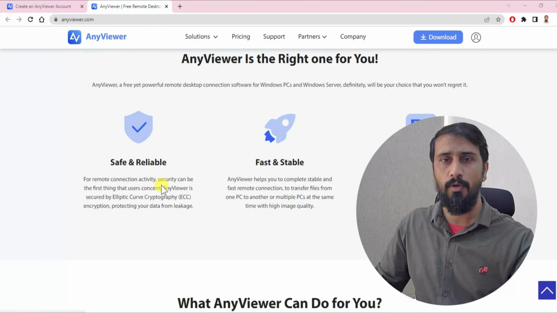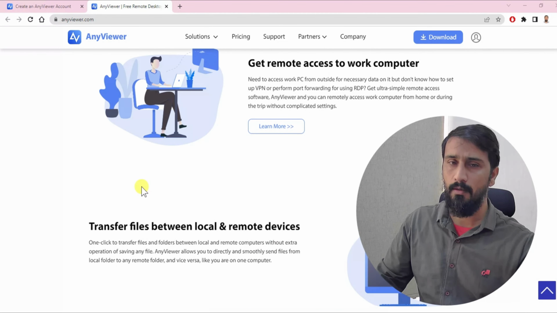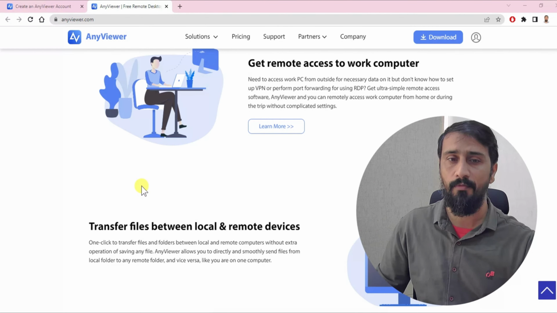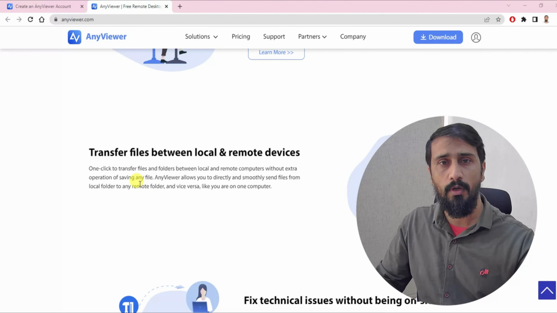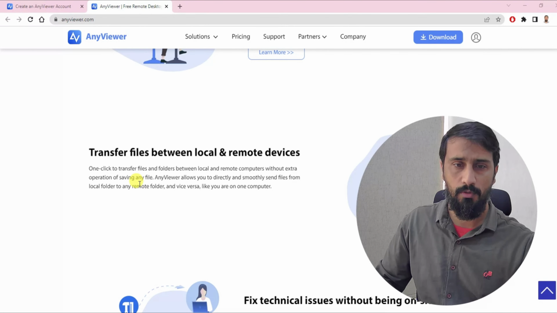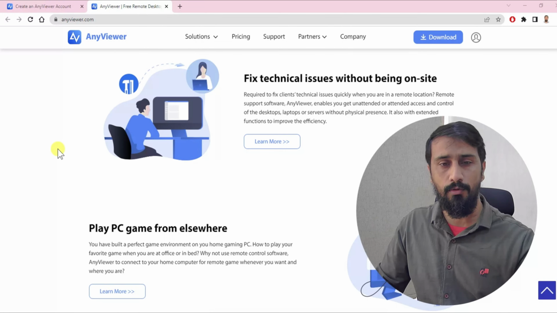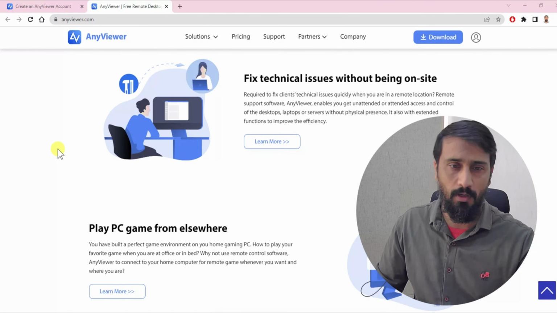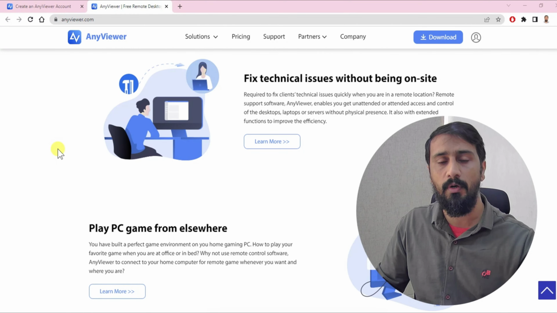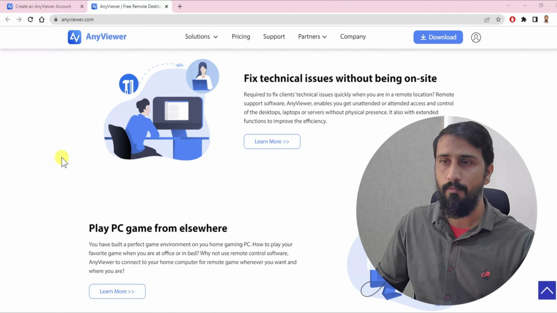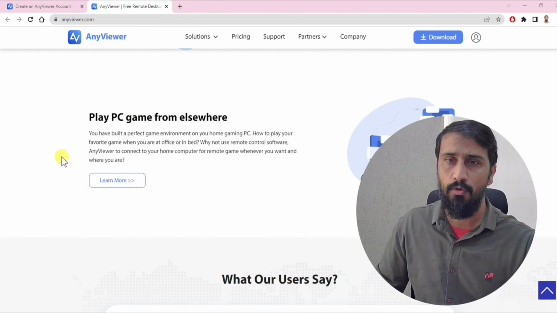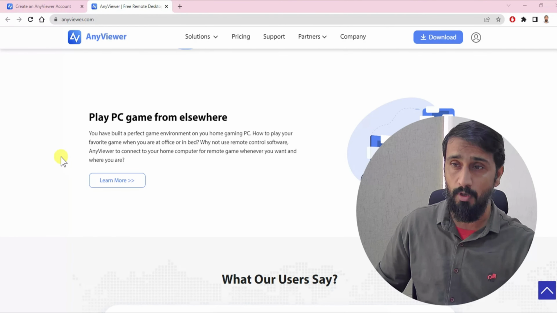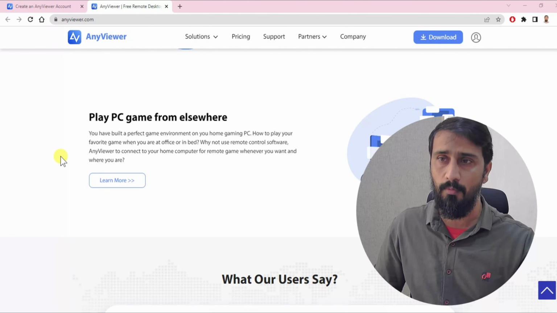This has multiple modules. Like, you can easily access your system from home or from anywhere. Second, you can do file transfer locally or remotely to the devices, and you can also use this for technical issue resolving, like if you want to get some help from somebody, or somebody wants to help you remotely on your system. So it's pretty easy to use. And if you want to play a game from any platform, like from mobile or from any other PC which doesn't have the best specifications, but remotely you have a good PC available, so you can access it very